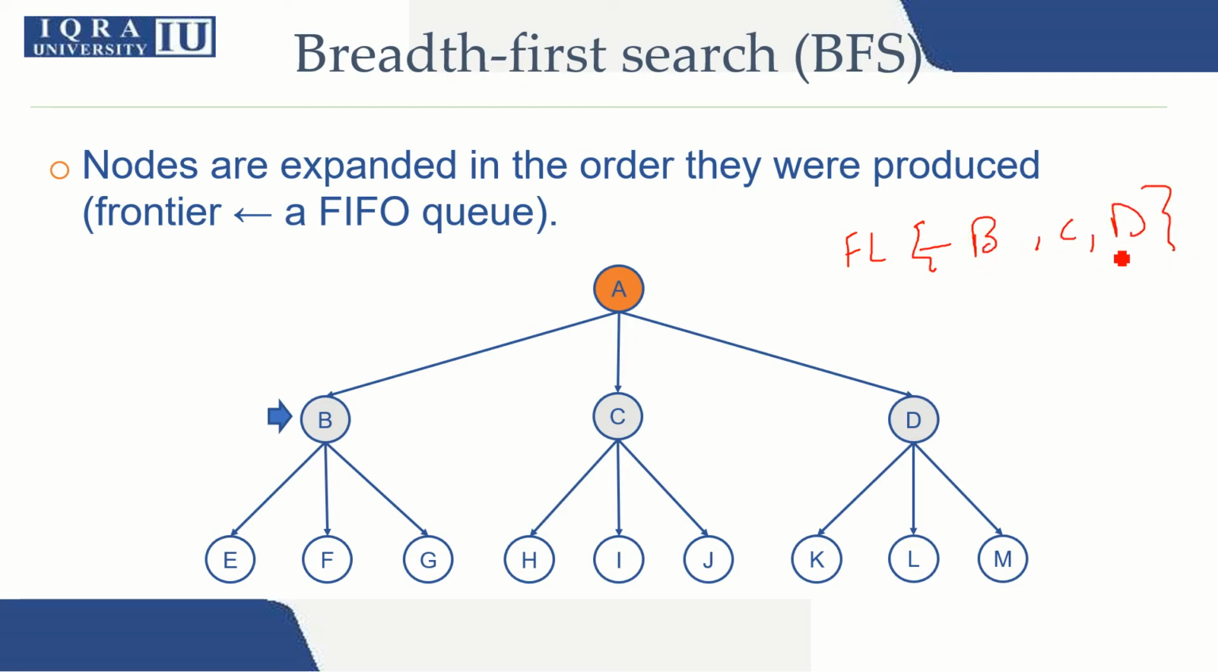So again, let's suppose that the nodes are entered in an alphabetical order. So first B is inserted, then C is inserted, then D is inserted. That would mean B will be explored first. B will come out first, and when we take B out, we will verify whether B is the goal node. If B is not the goal node, then we will take all its successors and put them in the list. In the next slide you will see